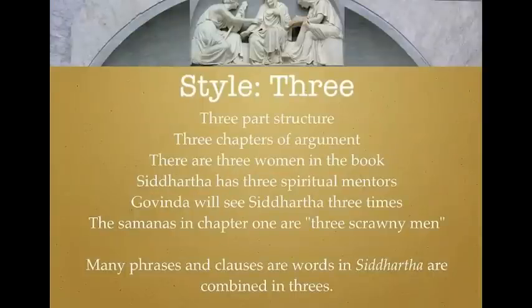All right, one thing I want you to notice about style of the author is the number 3. We've got a 3-part structure: spirit, flesh, unity. We've got 3 chapters that go along with our argument. We have 3 women in the book. Well, if you've read a little bit into chapter 5, then you've already read about 2 of the women, believe it or not. But if you haven't read any part of chapter 5, you've only read about 1 woman so far. And you may be wondering, who's this woman I'm talking about? Reread. There's a woman in there that they have a conversation with.